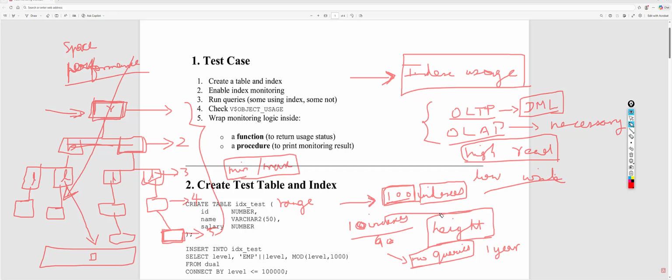So if you go and monitor any of your databases, obviously there will be some useless indexes. Just for safer purposes, they just create them. Okay, in case there is any complaint from the client, that's the reason they will be creating those indexes. So our goal as a DBA is to monitor all those indexes and check